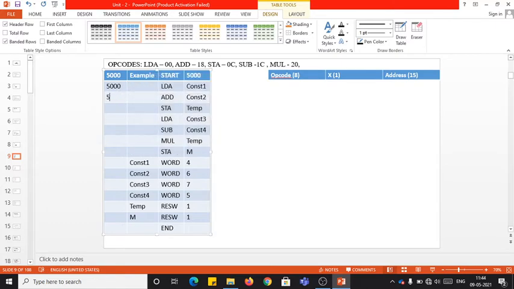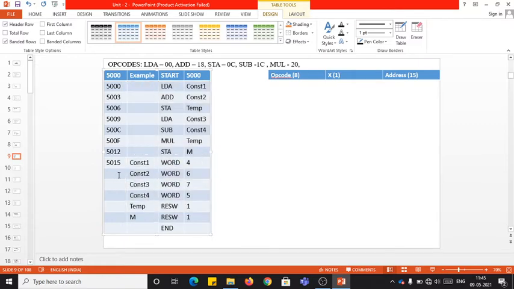Coming to that point itself, the next address would be 5003, next address would be 5006, and next will be 5009, and again 9 plus 3 is 12. But how to represent that in hexadecimal? It is a C, so 500C. Then 12 plus 3 is 15, so 500F. Then 15 plus 3 is 18, which is 5012, right? I hope you are understanding. Again 5015. So till here, for the non-assembler directive instructions, we have assigned the addresses. Now we need to start assigning for the assembler directive instructions.